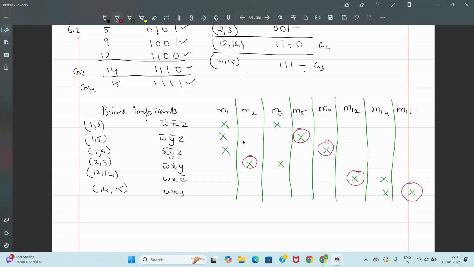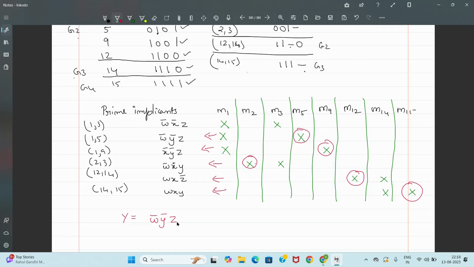Okay. So once this is done, now you have to take the row value. Wherever you have circled an X, that corresponding row equation will be there in your answer. This is also there. This is also there. This is also there. Whichever row has a single circled X, that corresponding row equation should be there in your answer. So you have 1, 2, 3, 4, 5 rows, and all these 5 values will be there in your solution. So your solution will be